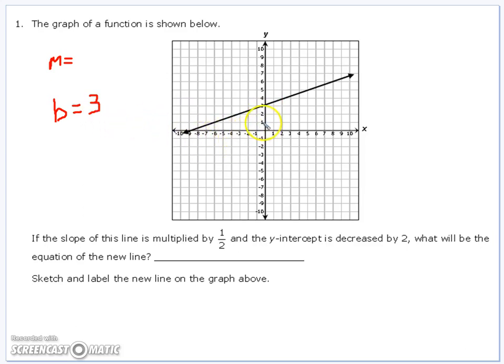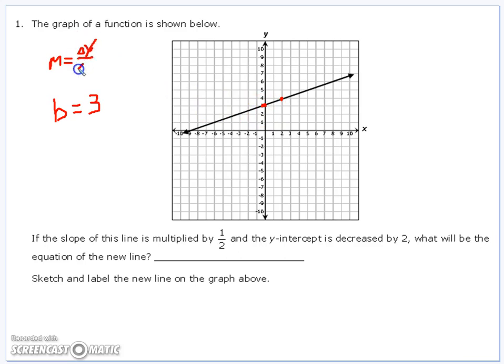Now to get our rise over run, or rate of change, you're going to locate 2 points that can be easily read on this graph. I think the y-intercept is a good spot to start, and I think this one right here is another good place we can read. If you choose two others on the graph, that's fine. Whenever you write the ratio in simplest form, you get the same value no matter what 2 points you pick on the graph. So here we need a rise over run,